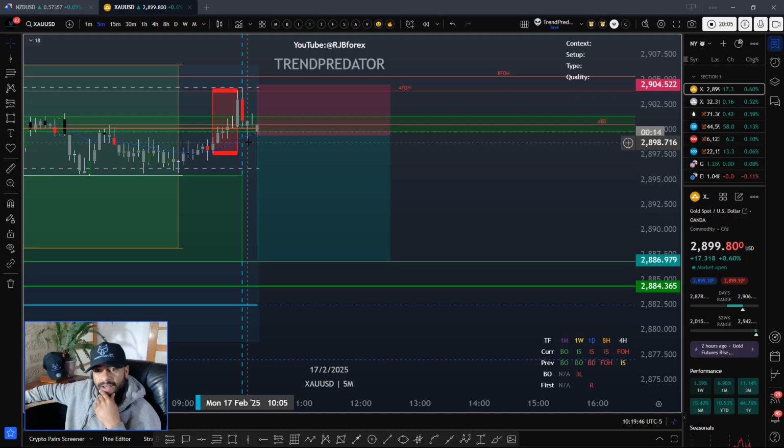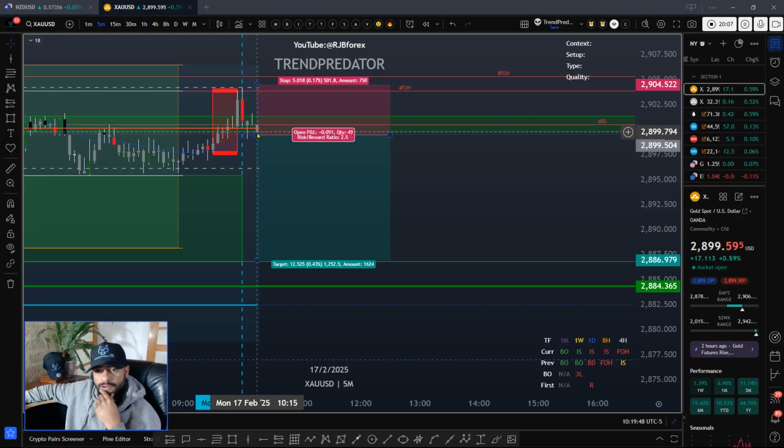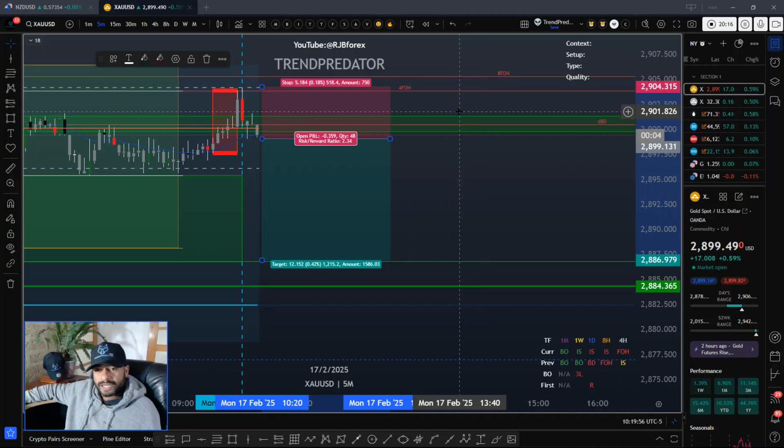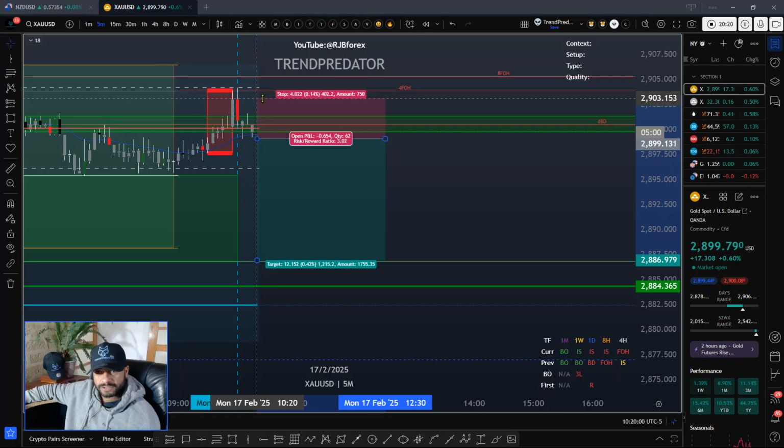I'd want to see that low being lost, first of all, to be fair. Anyway, I don't quite get a 3-to-1. I want a 3-to-1 at least. So I'd bring it down and just have it below the peak formation high. It could come up and stop you out, but